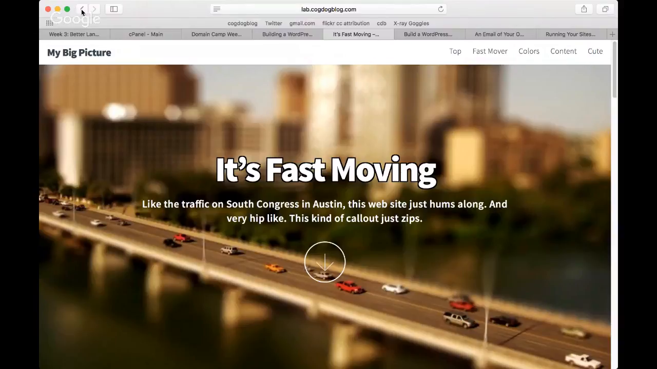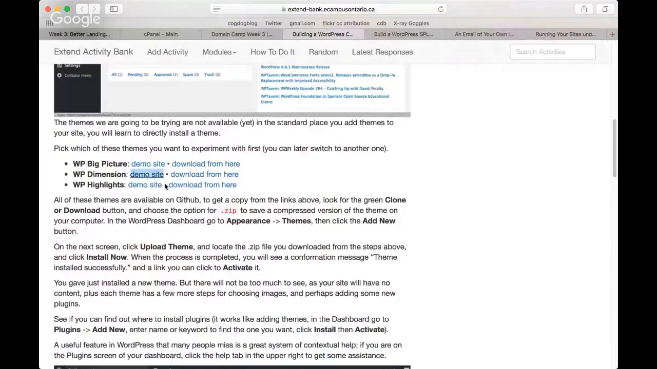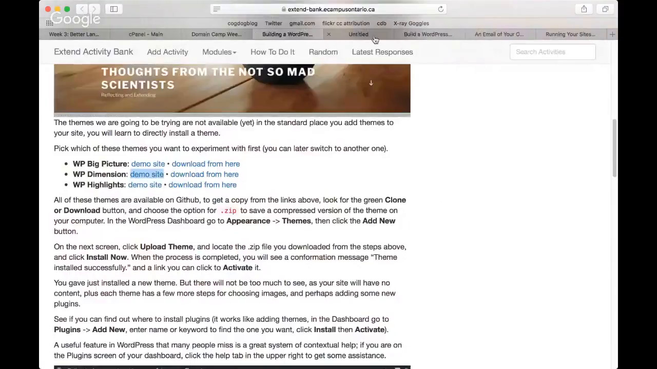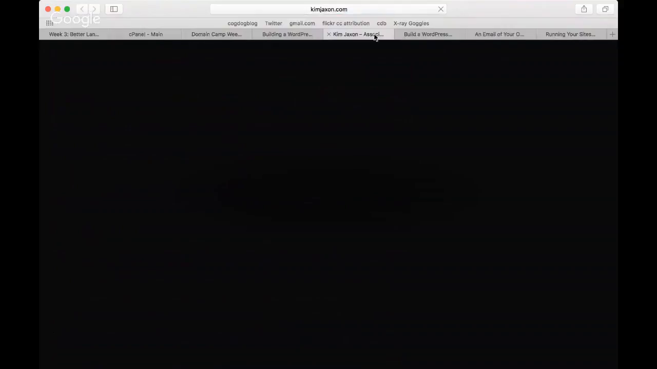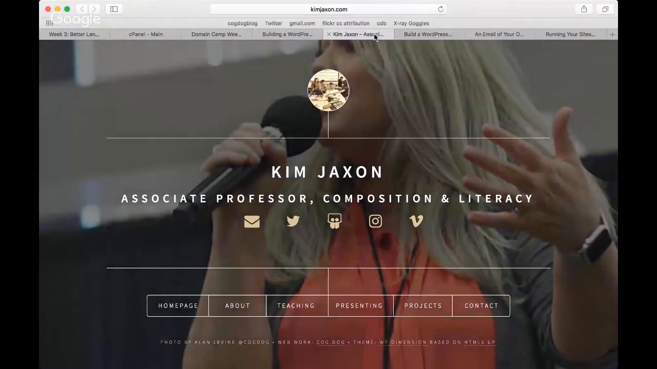Let's see if I can get back to where I was. Okay. There is this one called WP Dimension. All these are based upon this set of what are called static HTML themes that some people, I've used them a lot for projects, but they're kind of converted to WordPress, so you can do a lot more and not